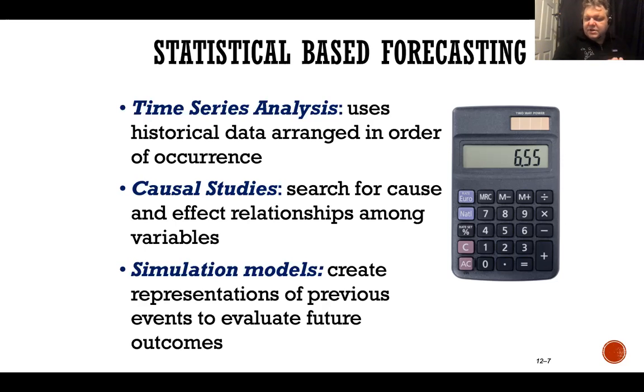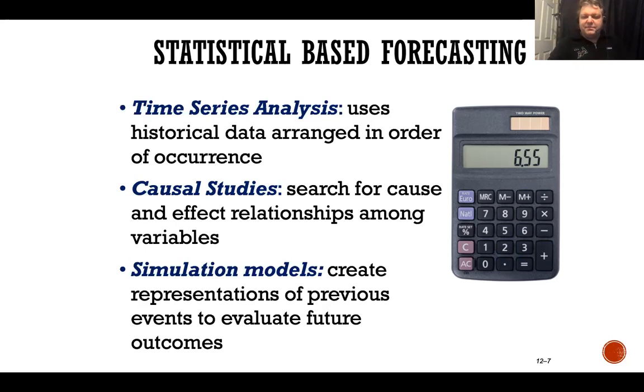Causal studies is similar. This is linear regression. Causal studies says we're going to look for a cause and effect relationship between variables. And so the example we'll use here in class is the amount of consumption of ice cream based on how the temperature is outside. The warmer it gets, the more likely that people will go out and get ice cream. Right? If it gets colder, fewer people will get ice cream. Although, again, that might be more of a stable product because a lot of people get ice cream during different times of the year. But causal studies are based on the temperature, we can kind of predict what the amount of ice cream consumption is going to be.